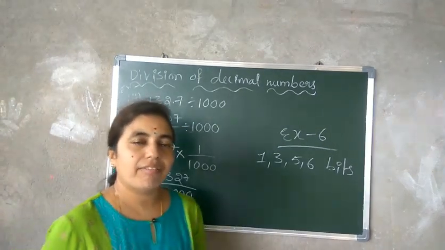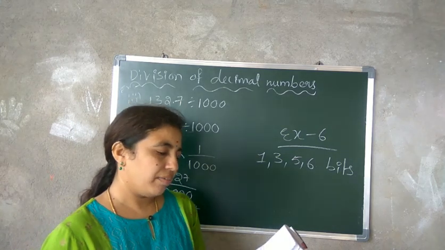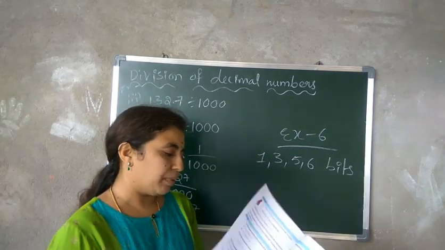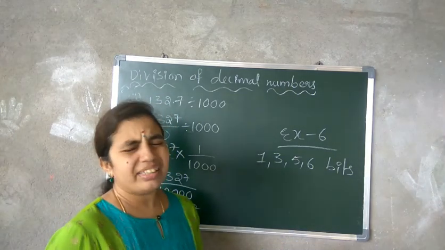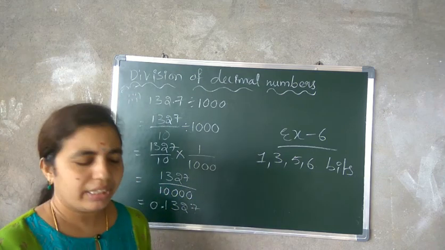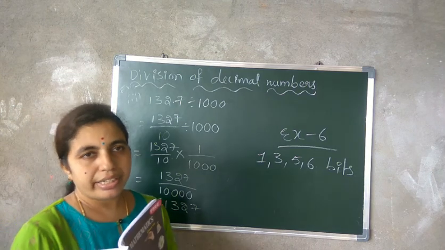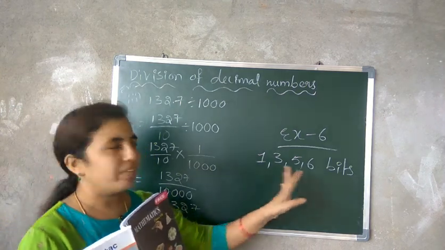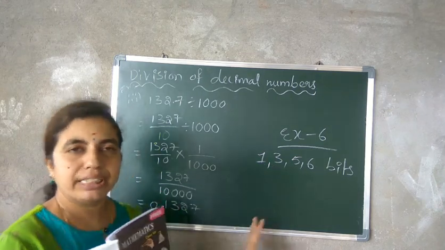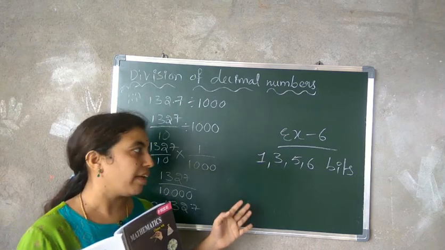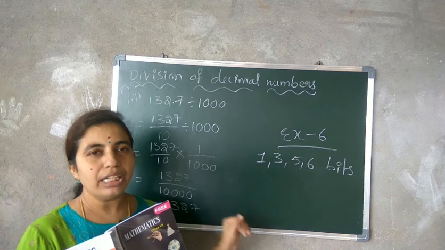So many days we have not taken classes, no? So we have a pending syllabus, much pending syllabus is there, so we have to complete all this. And all these are very easy problems only. Each bit will take at least 10 minutes, so within half an hour you can complete this homework. So don't worry, don't feel like the madam has given this many bits. You can complete them very easily.